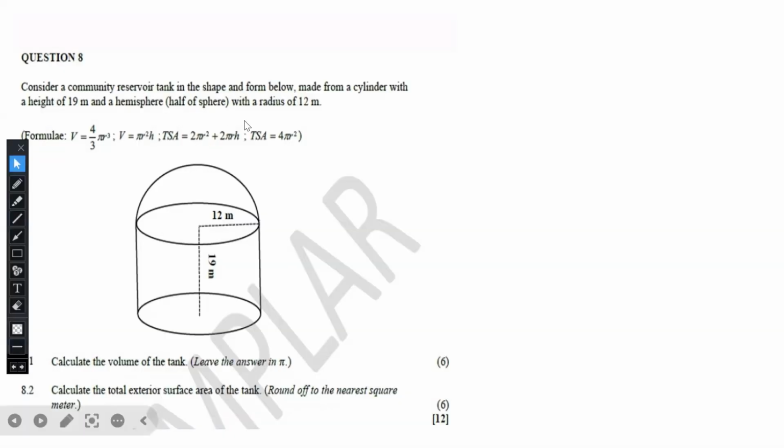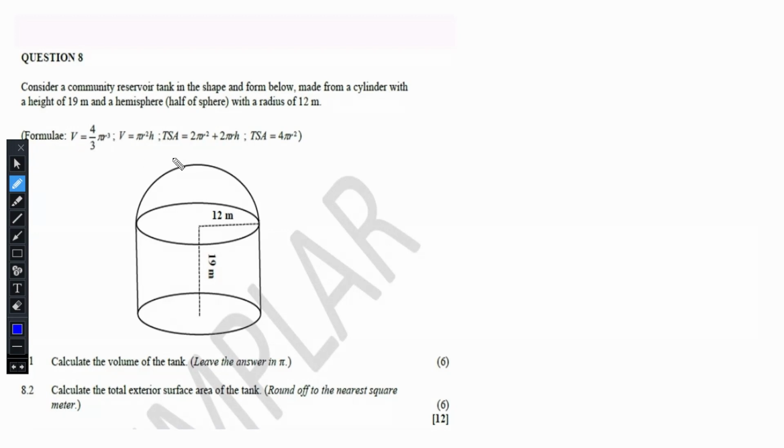Okay, so now we have question 8. It says consider a community reservoir tank in the shape and form below, made from a cylinder with a height of 19 meter and a hemisphere, half of a sphere. So now they're mentioning what is a hemisphere. It is half of a sphere with a radius of 12 meters. Then we are given the formulas. So this is